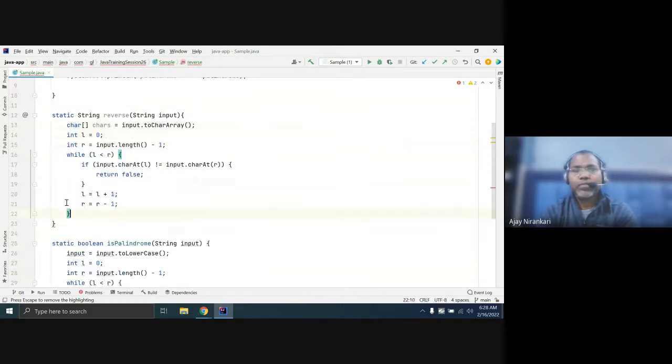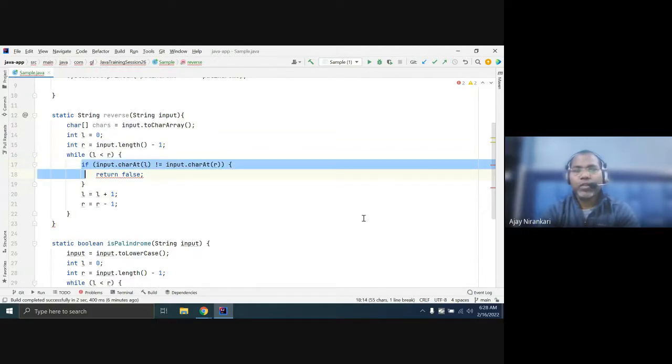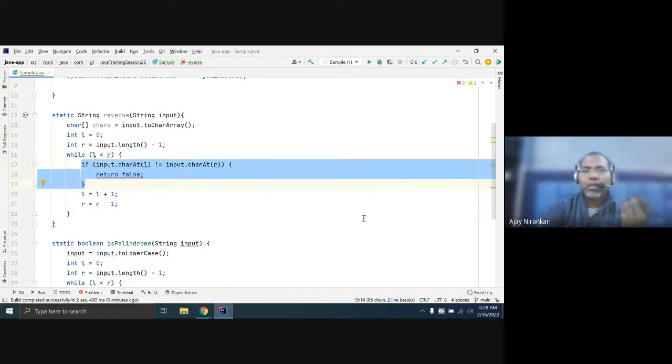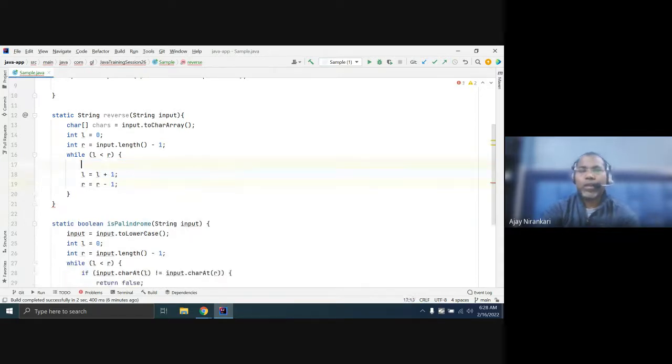Your left should be 0, right should be your input length minus 1, and then you just have to do the swapping. Here we are not checking, just swap these two characters. So you know how to swap one character with another, right?